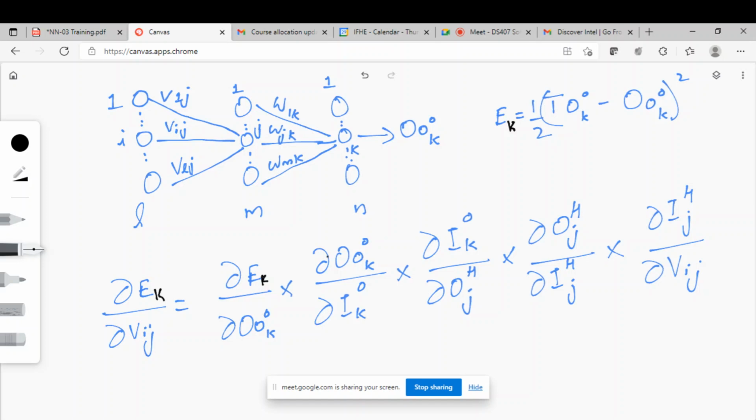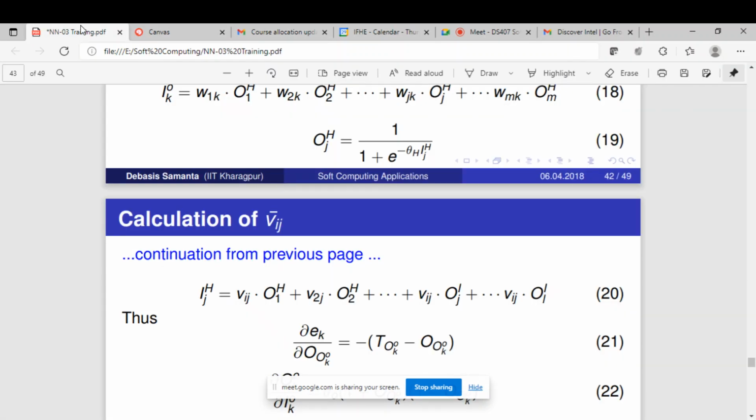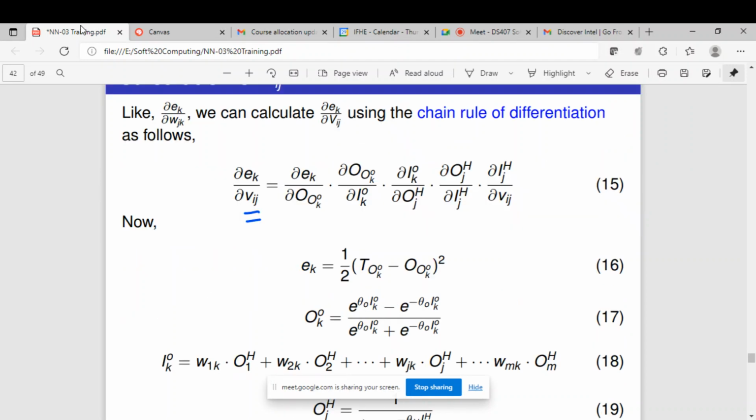Some of these things we have already calculated in the last class. This equation is also in the slide, but some of the equations in the slide are wrong, so I suggest you refer to the video fully. This is what we have represented here. Instead of small e I have written capital E, it can be anything. Now we have to solve all these things one by one.